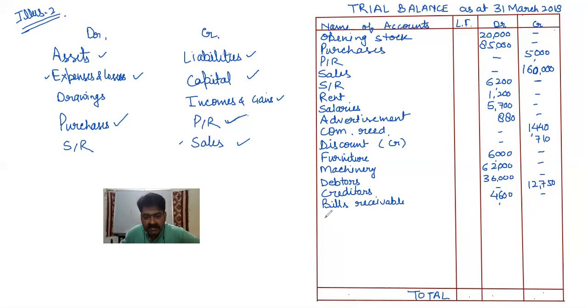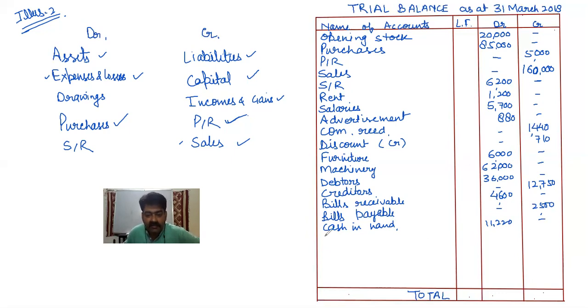And after that, next is bills payable, and you know bills payable is one of the liabilities, and this balance will come in the credit side because all the liabilities will come in the credit side. After that, next is cash in hand. Cash in hand is one of the examples of assets, and all the assets always have a debit balance. So the 11,220 rupees cash in hand balance will come in the debit side.